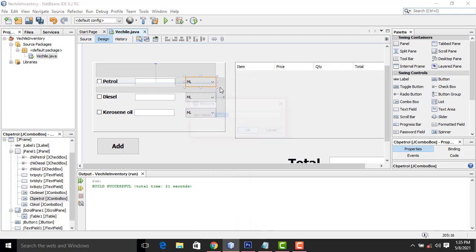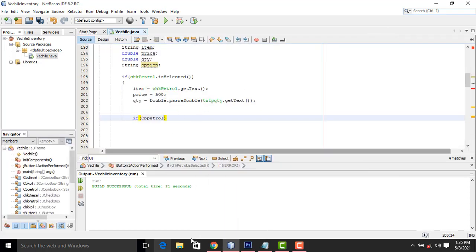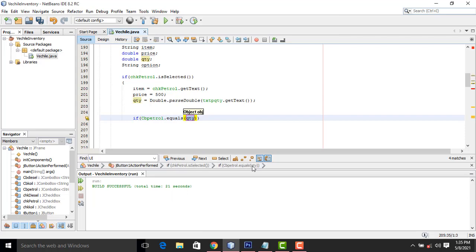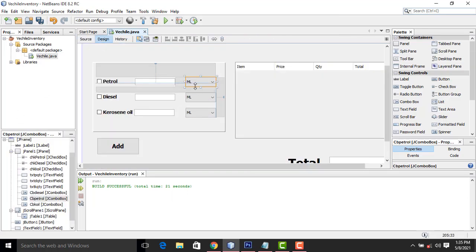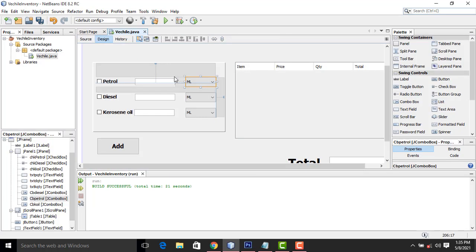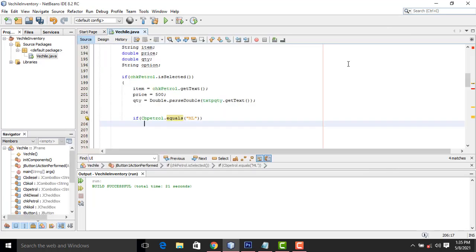If the user selects the CB petrol, with the same name you gave, CB petrol dot equals, you have to give the equals to which one, milliliter. So it's a milliliter, ml. If it is a milliliter, you have to calculate like this.